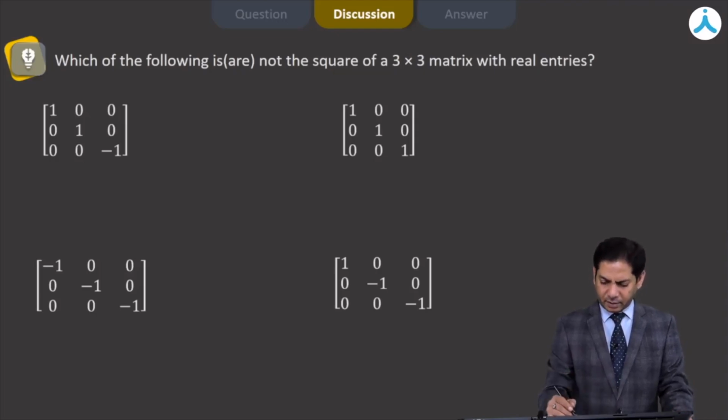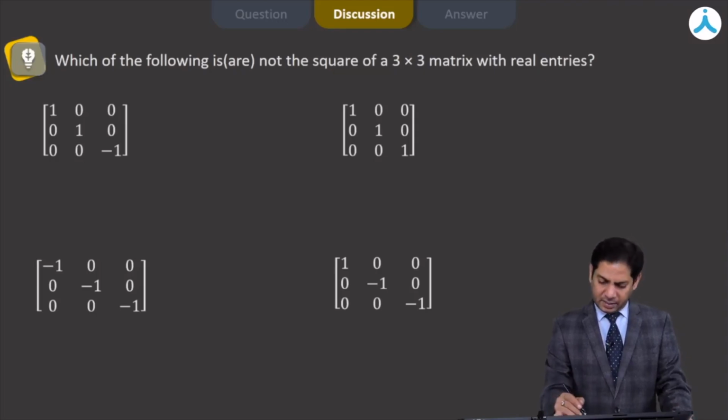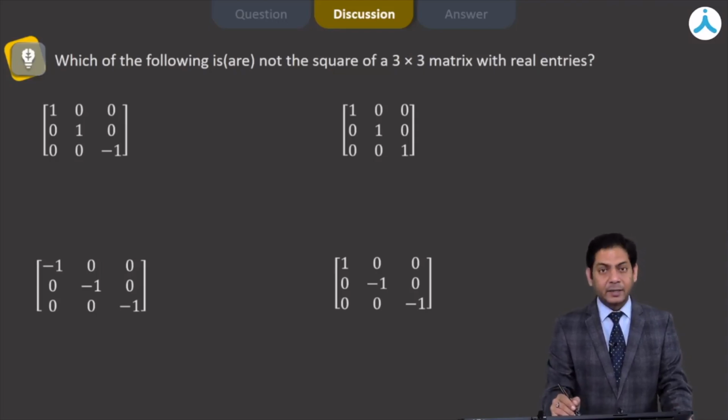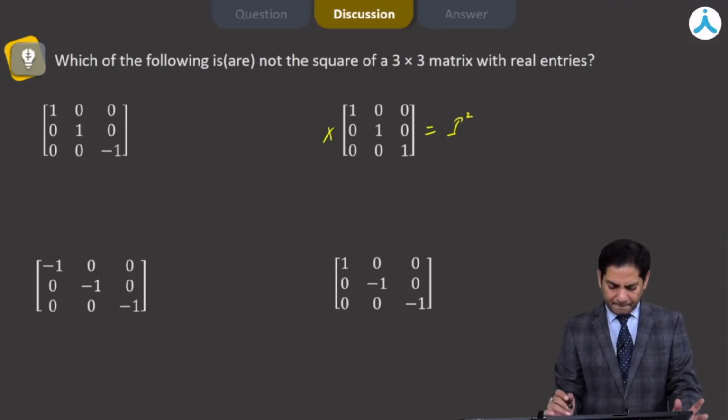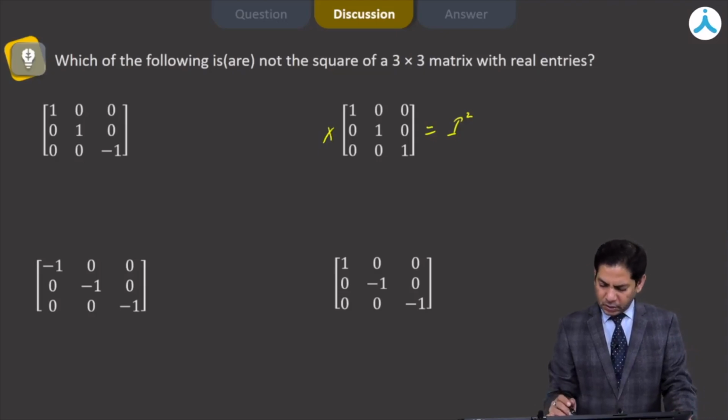In fact, about this option B, you can very clearly see that this is an identity matrix, so definitely we can write it as I square, identity matrix of order 3. So definitely this is a square of a 3 by 3 matrix, so this is not our answer. Regarding this A, C and D, what we can do is